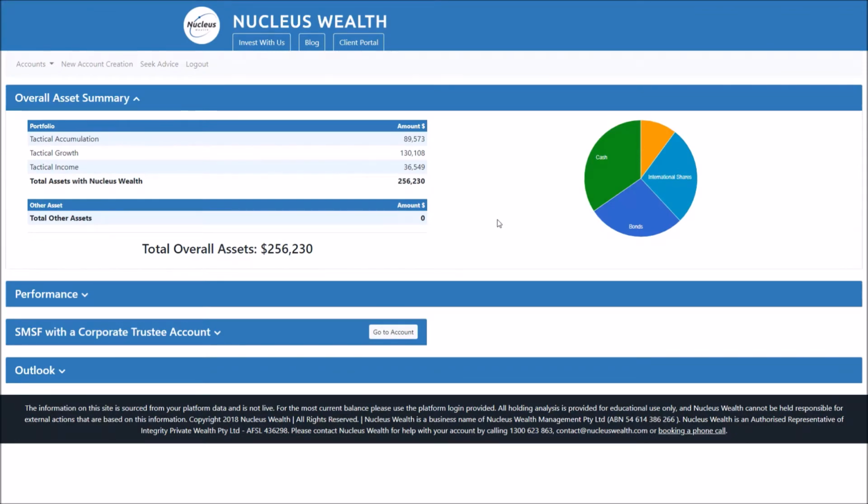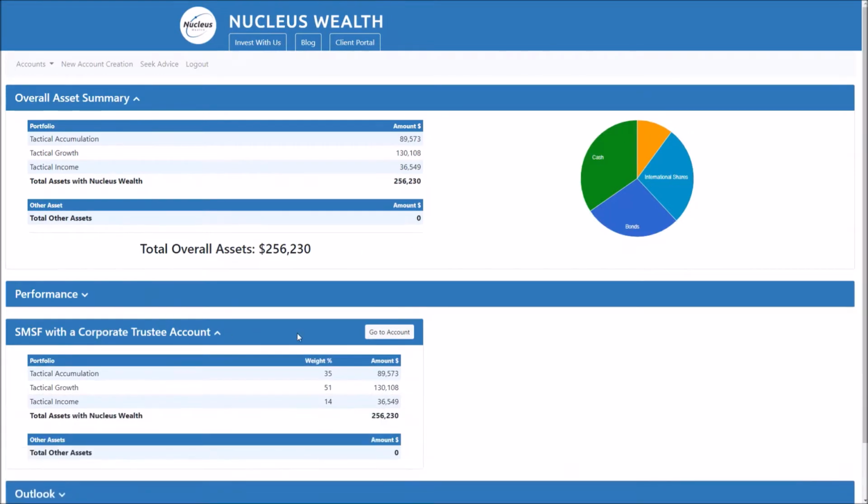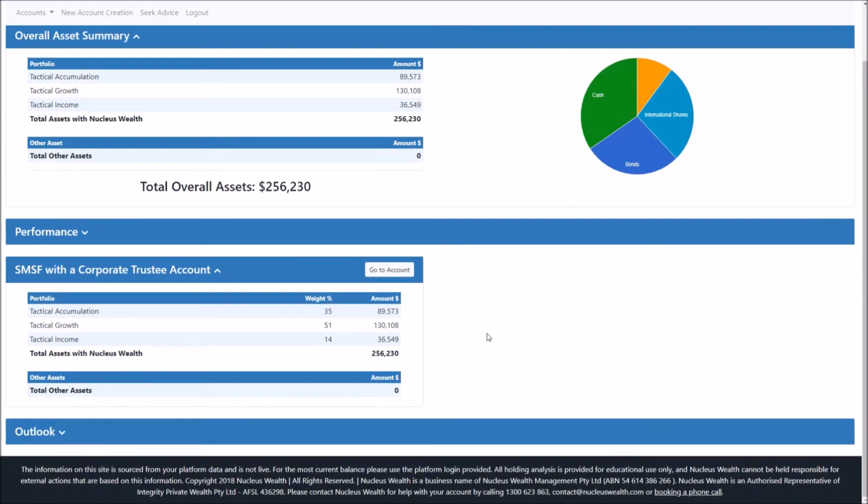This is the front page of the client portal once you've logged in and you've got assets under management with Nucleus Wealth. At the top, we have our overall asset summary, which gives a breakdown of the various portfolios or models that you're invested in with us, and also a pie chart that gives you an overview of where your total assets are in the various asset classes that we invest in. You've also got the ability to dive into an account by account summary, which shows,